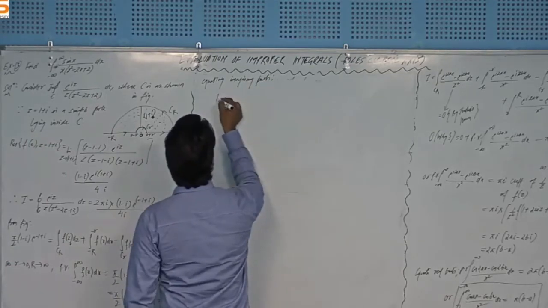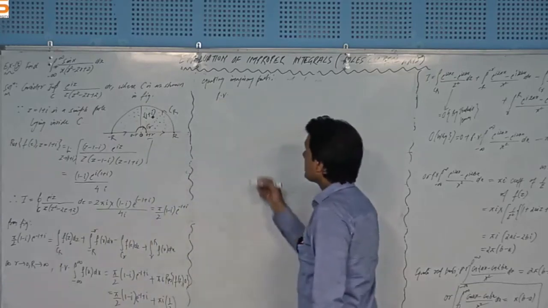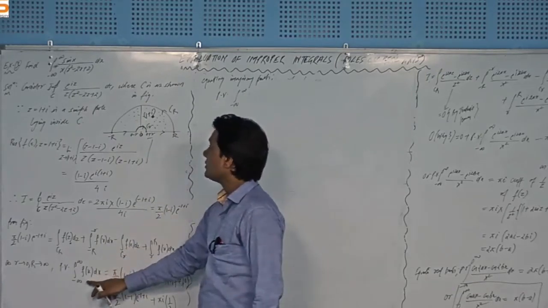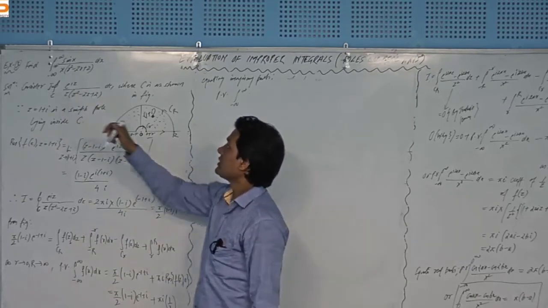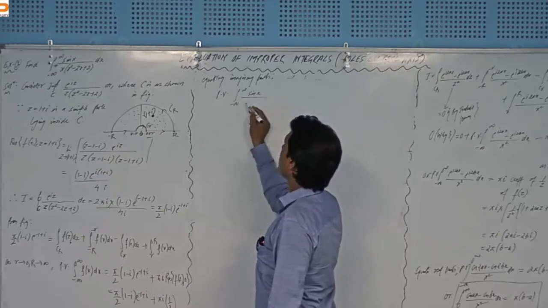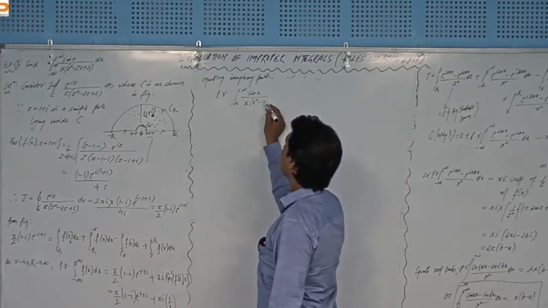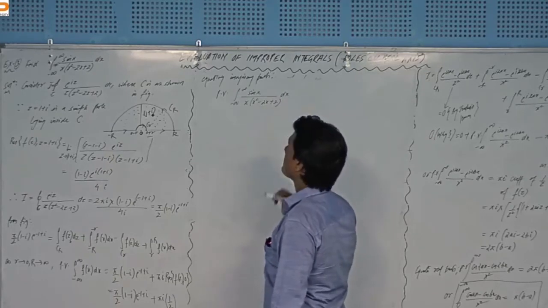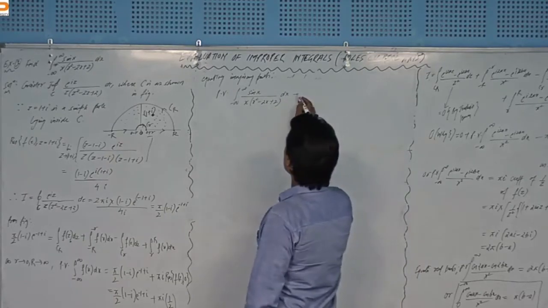From the left hand side I will get the principal value of the integral from minus infinity to infinity of f(x), which has e to the power iota x, and its imaginary part will be sin x, right? And x over x squared minus 2x plus 2, dx, right, equal to